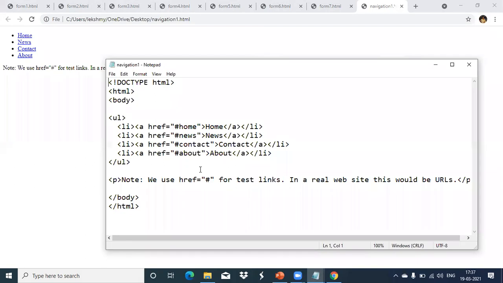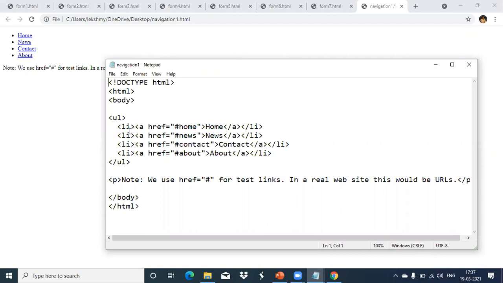So now I'm just creating a page which has a navigation bar, that's it. Later you can add the next web page which I am creating as a link for this home page, meaning after creating that page, I can come and change it here. So this is just for testing. Here I have given the name hash home. That's it.